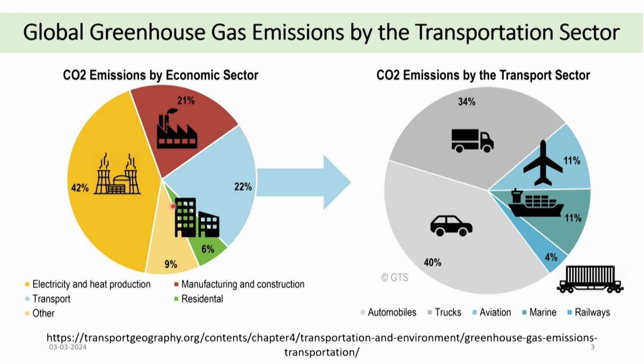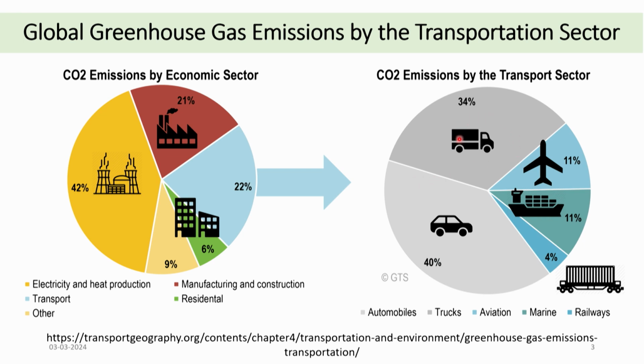Then we have 22% in the transport sector. You have manufacturing and construction, that is 21%. Residential, like we have people living in houses, 6%, and then other categories is 9%. So, out of the transportation, if you take it further breakdown of that, we see that around our vehicles, like